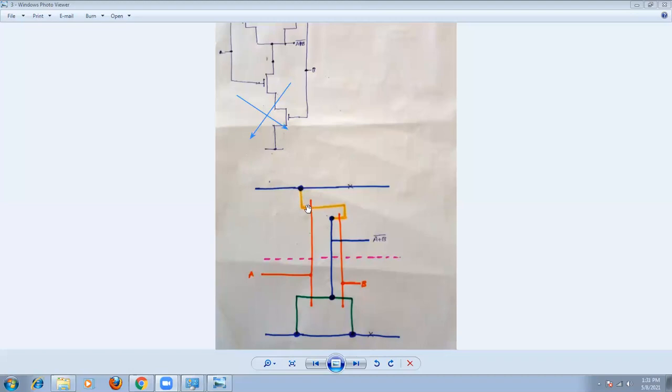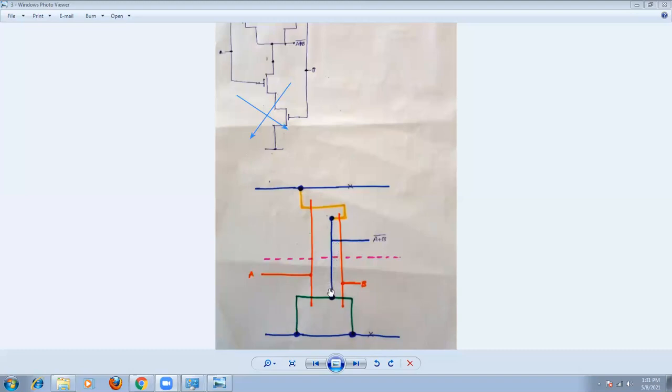This is the source, this is the drain, this is the gate. This is the drain terminal, and this is the gate terminal. This is the drain, and this is the source. So these two will be joined together, and then we join these two points using layers like this. So the transistor will form here. The drain of this transistor and the drain of this transistor will be joined together by using a metal.